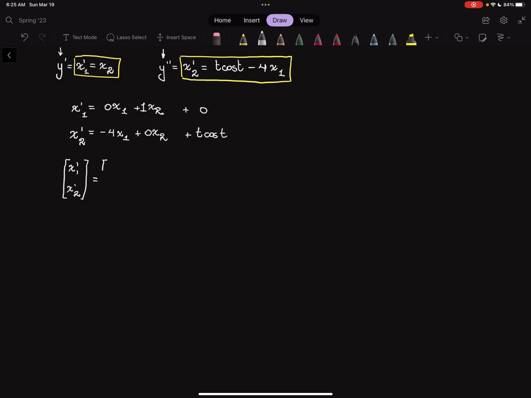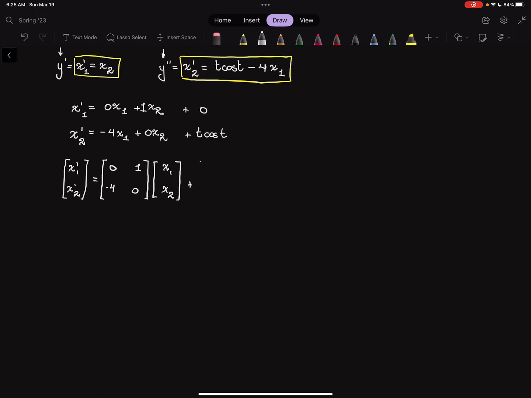And then I can write it in terms of a coefficient matrix, 0, 1, -4, and 0. And then I'd have the vector x1, x2 here,